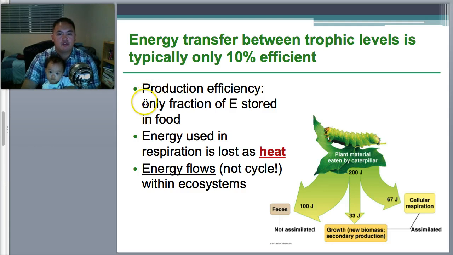Production efficiency, only a fraction of energy is stored in food. Energy used in respiration is lost as heat. And remember, energy flows, not cycles within ecosystems. So, what do I mean by it's only 10% efficient? So think about this